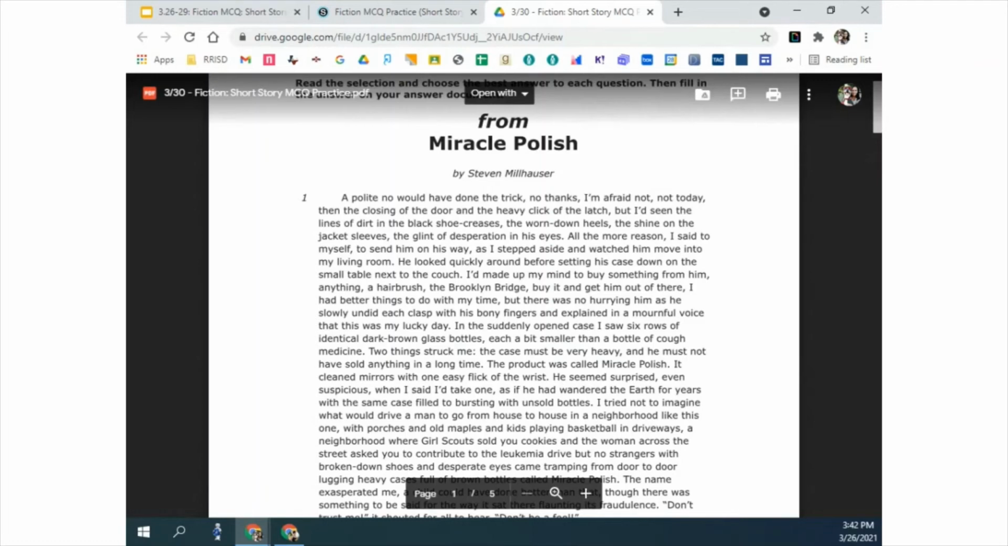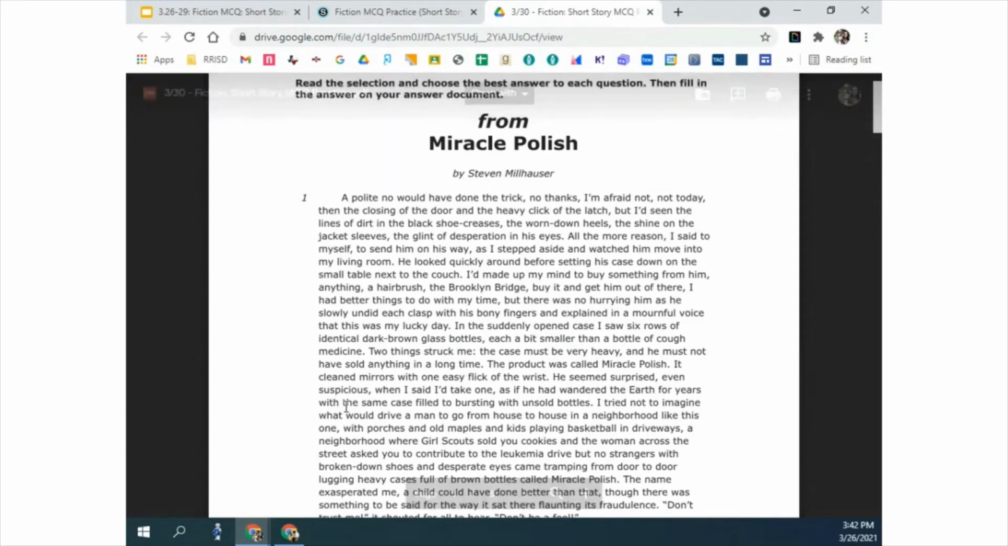He seemed surprised, even suspicious when I said I'd take one, as if he wandered the earth for years with the same case bustling, filled to bursting with unsold bottles. I try not to imagine what would drive a man to go from house to house in a neighborhood like this one, with porches and old maples and kids playing basketball in driveways, a neighborhood where a Girl Scout sold you cookies and the woman across the street asked you to contribute to the leukemia drive, but no strangers with broken down shoes and desperate eyes came trampling from door to door, lugging heavy cases full of dark brown bottles